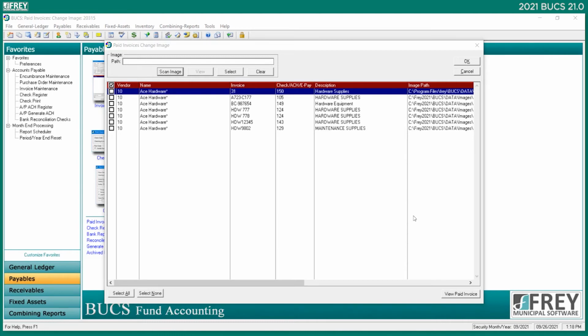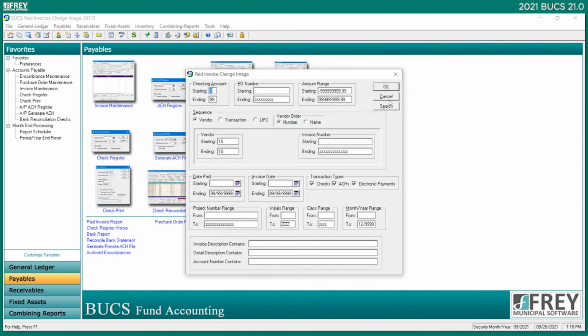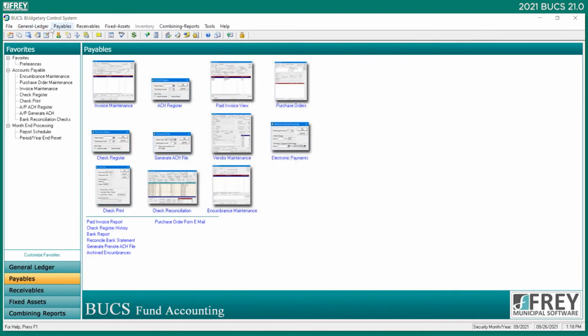Item 16 involves the check reconciliation, where there is now the ability to not default the clear date when going into check reconciliation. That means that you key in the date yourself, as opposed to letting the system default to the current date. So if I click on cancel here, cancel out of this,